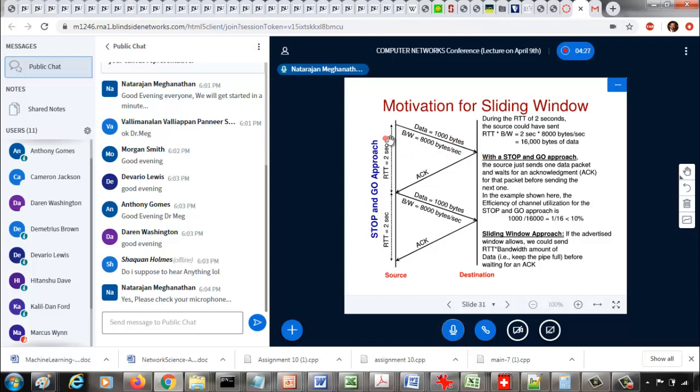After you insert the data bytes onto the channel, the delay for the bytes to propagate to the destination and for the acknowledgement to come back is the propagation delay in one direction plus the propagation delay in the other direction, so 2 times the propagation delay is the round trip time. If the source waits for the round trip time, it would have just sent 1000 bytes of data